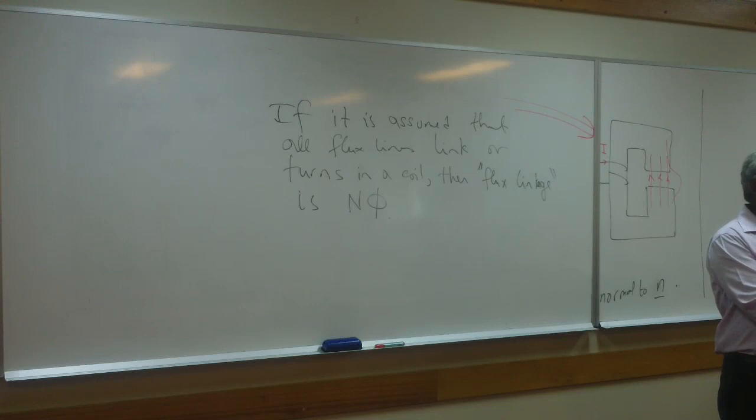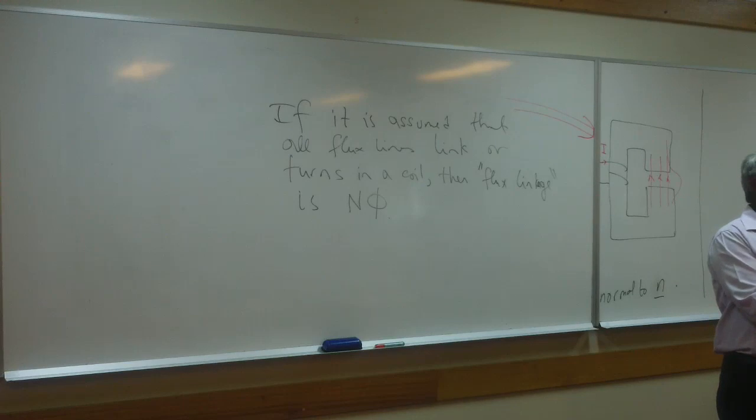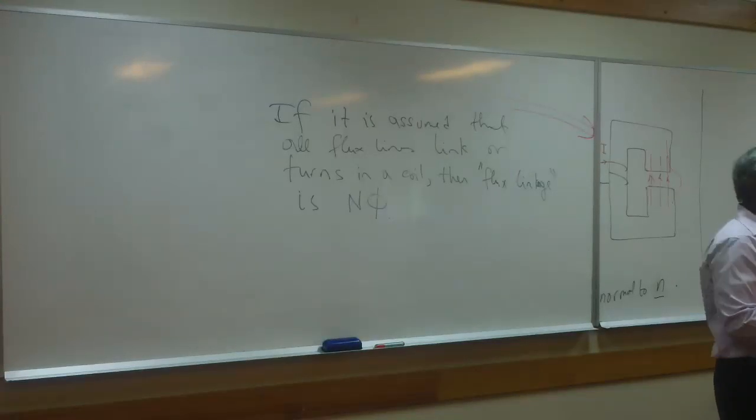Now, if I put two turns of wire, so I go two turns in the same area, then I expect the inductance, which we'll define very soon, to double because you got double the effect. You can double the effect either by doubling the current or you can double the number of turns. So that's why